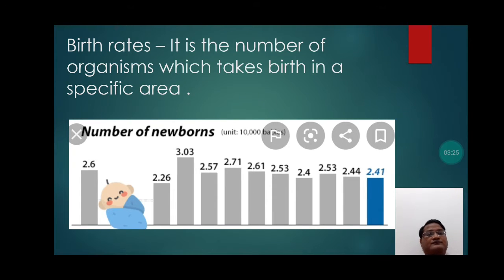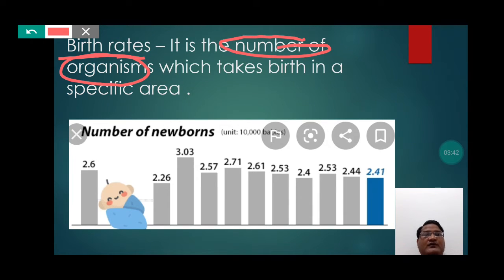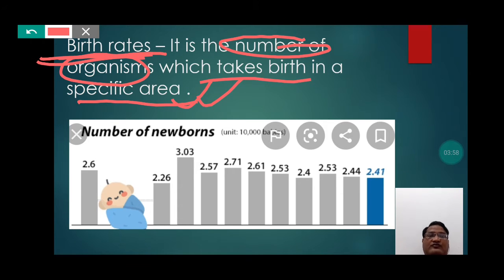Birth rates. It is the number of organisms which take birth in a specific area. So students, birth rates are actually the number of organisms which take birth in a specific area. So students, the number of organisms which are taking birth in a particular area, these are called the birth rates. So students, if you concentrate on this picture, then you can easily understand the number of newborns